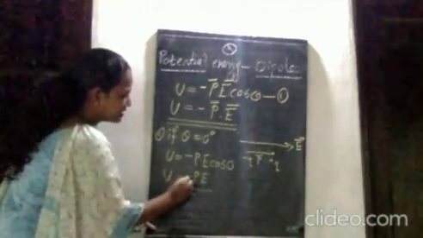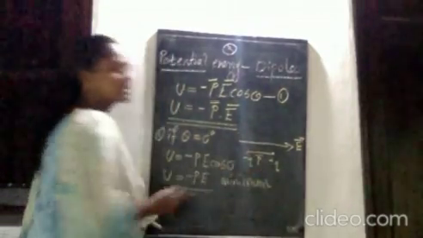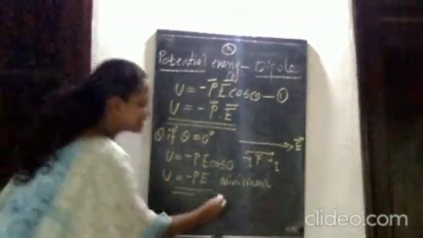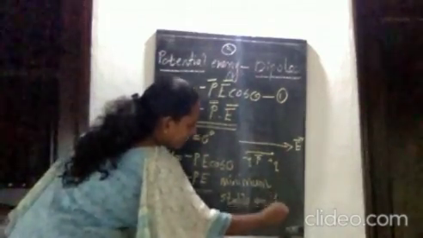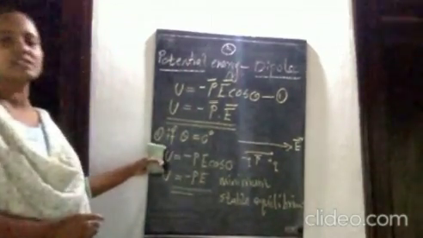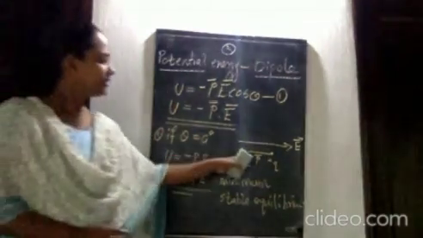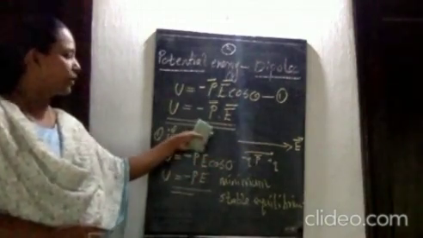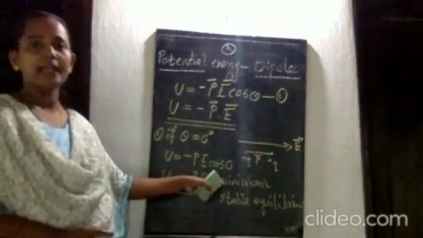That is, potential energy is minimum. Potential energy of a system being minimum means, under which condition? That is the condition of stable equilibrium. So, if you get a question asking for the condition for stable equilibrium of a dipole, the condition is that both the dipole moment and the electric field act along the same direction, that is, angle theta equal to 0. Therefore, the potential energy is minimum. That is the condition of stable equilibrium.